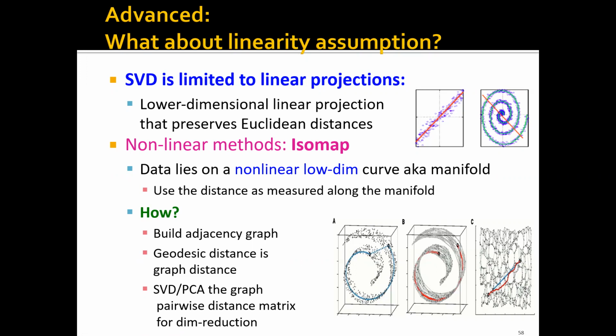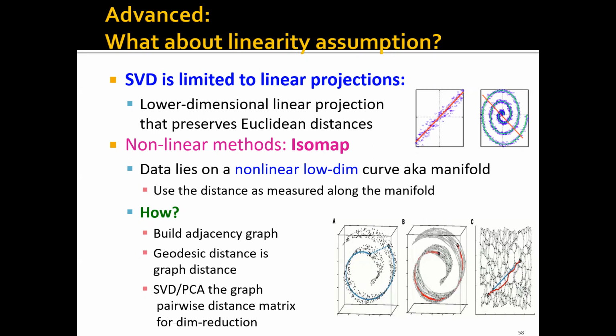And one of the most famous nonlinear dimensionality reduction methods is Isomap. The idea of Isomap is quite simple. Let's say that we're given a bunch of points that looks like this in a three-dimensional space. The first step of Isomap is just to build an adjacency graph. The way we build this adjacency graph is that for each point in this data set, we can, for example, select the k-nearest neighbors, and build an edge between this point and its